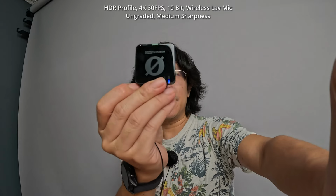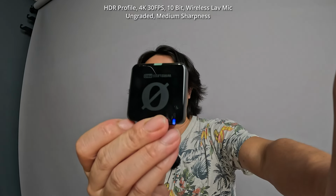Because right now I'm using my lav mic and it's recorded directly on the internal storage of my Rode Wireless Pro. And again, I love this little lavalier wireless mic setup. So internal 32-bit float recording, and it's not even going into the GoPro